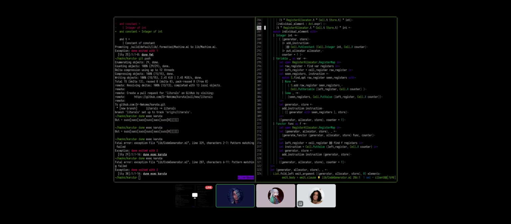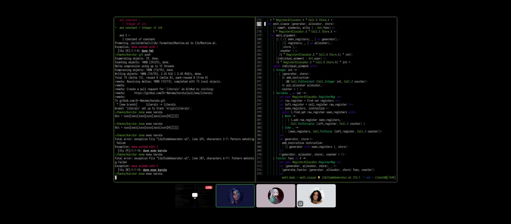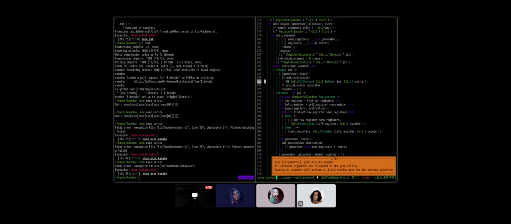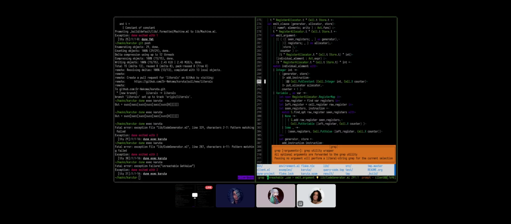Okay, can we go to the to-do? Well, let's first see if this works, right? This should fix it. Unreachable get value. Interesting. Oops.